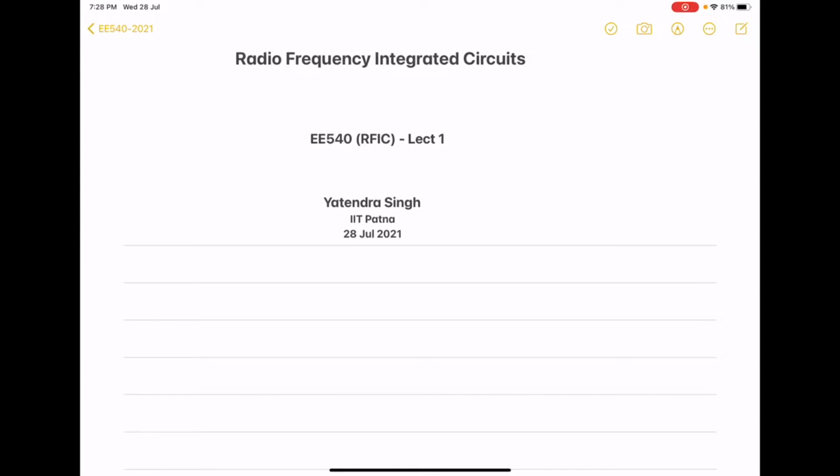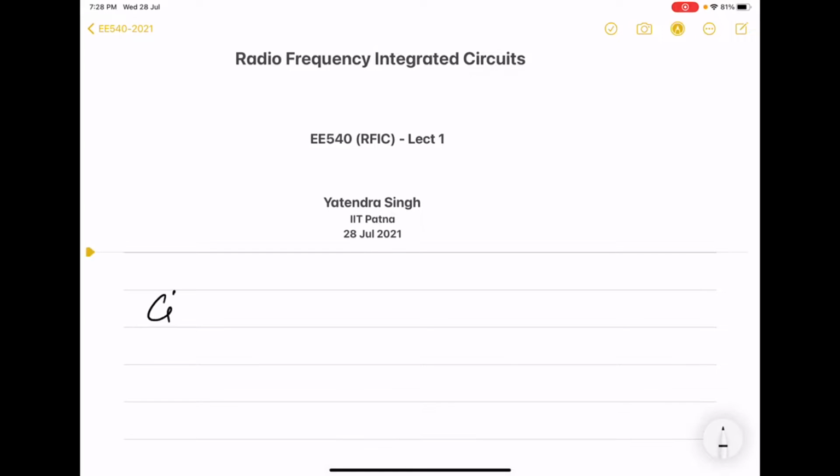But before we go into that transceiver architecture, we will start our discussion with the title of this course. And as you can see, the most important word in the title, radio frequency integrated circuit, is the word circuit. So this course is fundamentally about circuits,